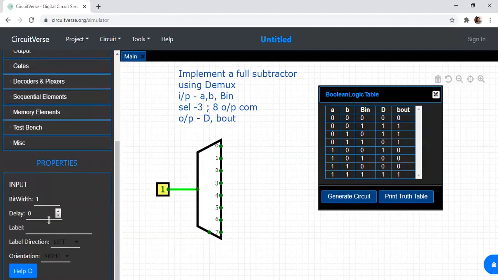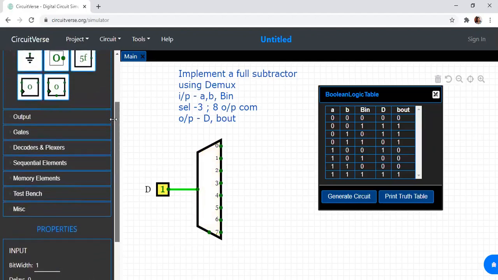So this should be 1 and this is the input D. Now what happens to the output? I have 2 outputs. So the first output is D. What are the min terms for D? The min terms for D are M1, M2, M4, and M7.